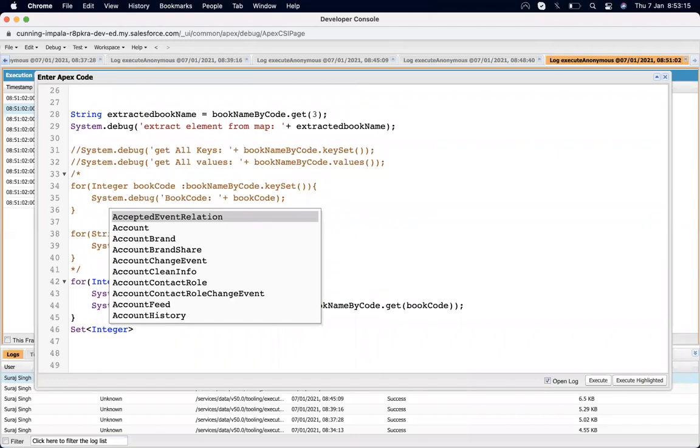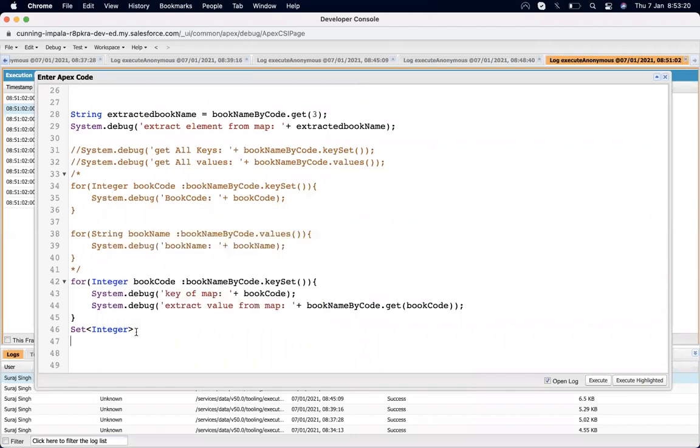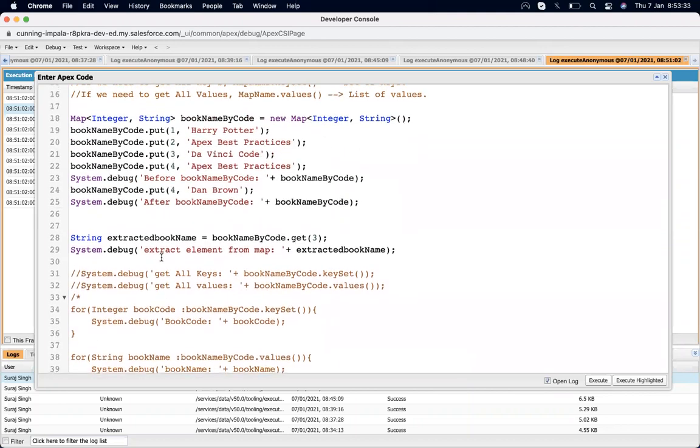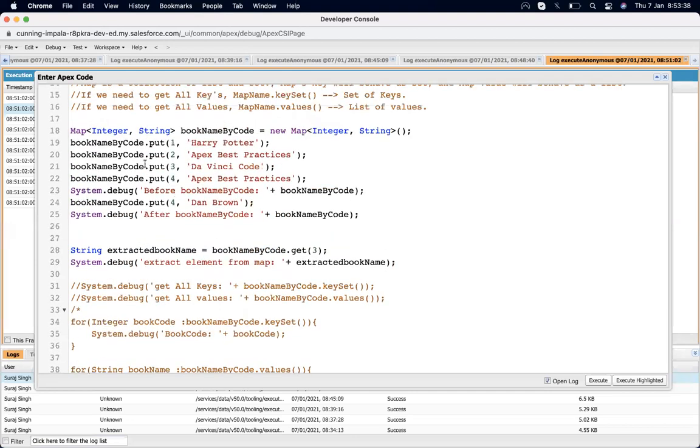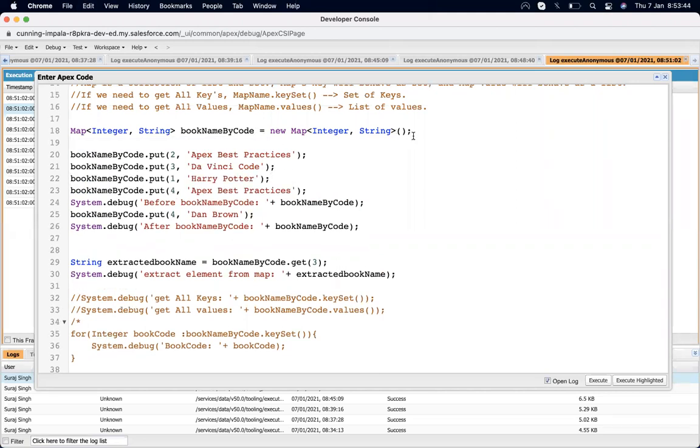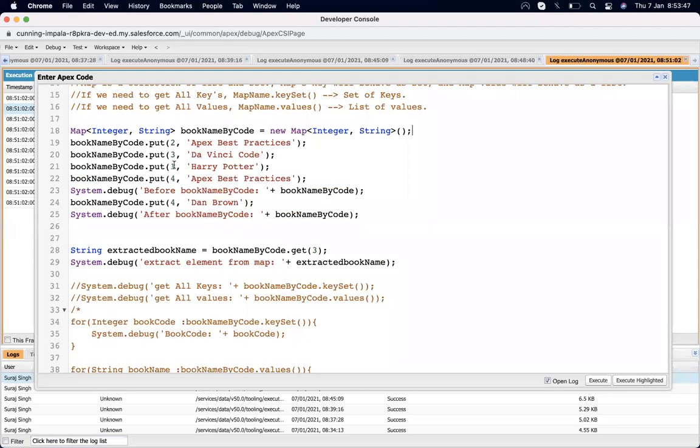Suraj, can I ask a question? Yeah. You said that in a set the order is alphabetical order, right? And if we are setting the keys not in order, let's say not 1, 2, 3, 4 but like 4, 3, 1, 2, for example. When we execute it, is it going to be in order? No, it's going to be in order. Let's see. I will put the one near.